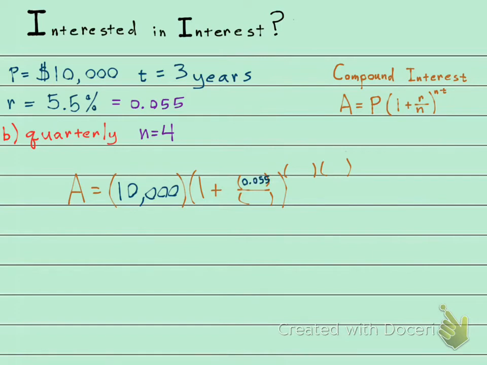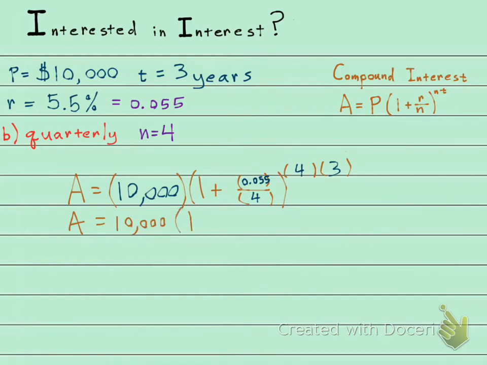0.055 over N, which is now 4 times a year, to the power of 4 times 3. Okay, same calculator steps. I'm going to do this one a little quicker. Let's do this part first. 0.055 divided by 4, and that is 0.01375. And I'm going to go ahead and add it to the 1 at the same time. Okay, so A equals